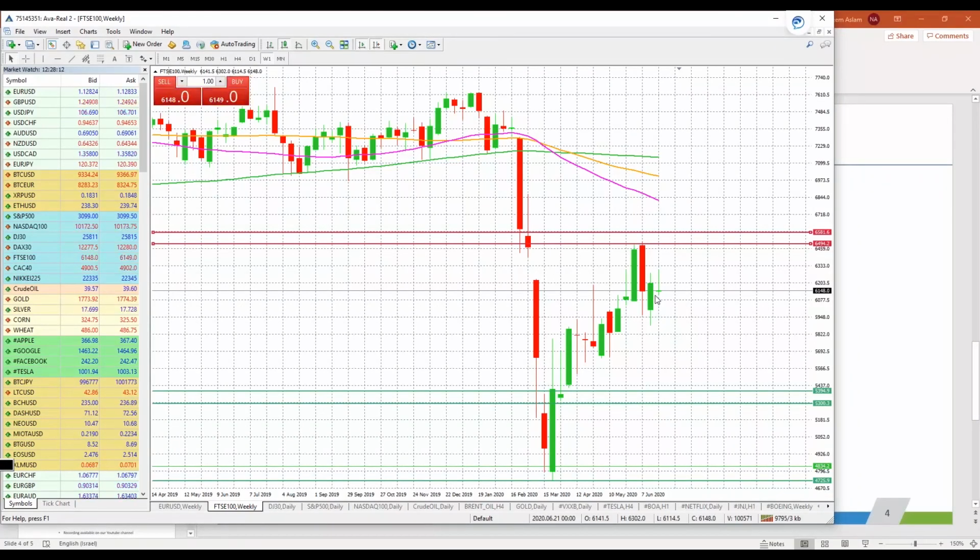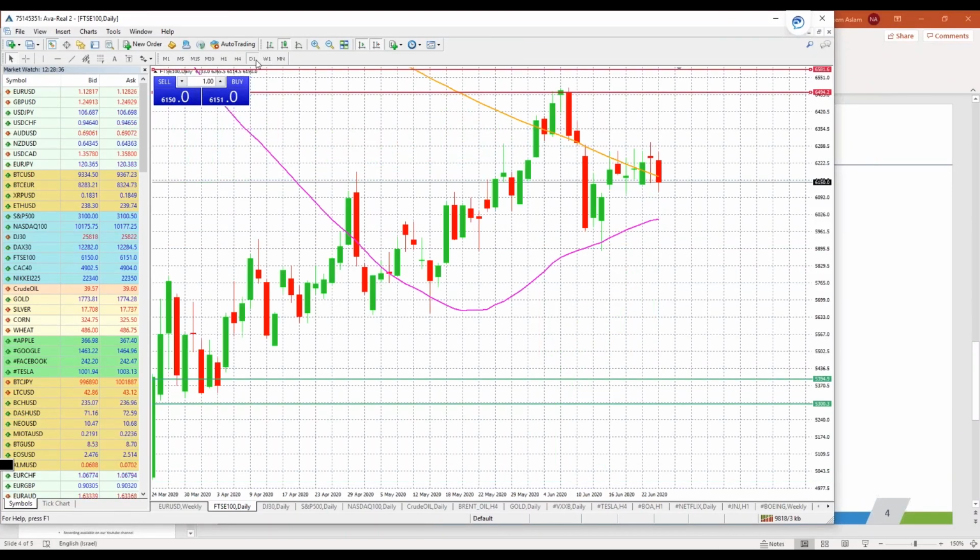The price action last week already formed a lower low as compared to the week before. So this pretty much confirms that the FTSE 100 index is likely to face more pain, especially if the price breaks below this week's low. And clearly the trend is already to the downside. We have nothing supporting the bull case on the weekly time frame.